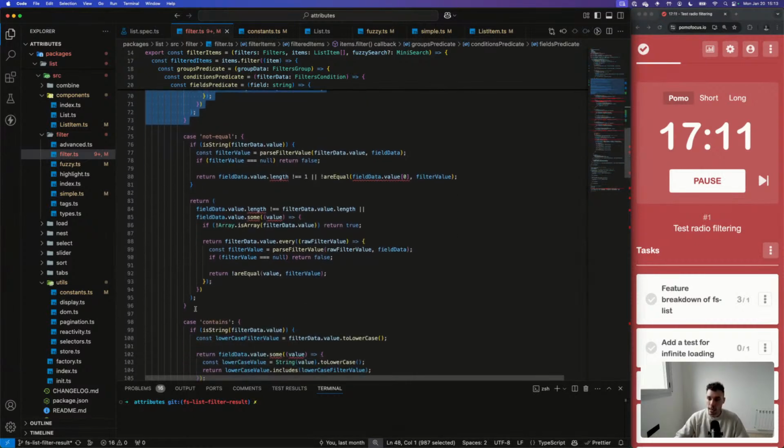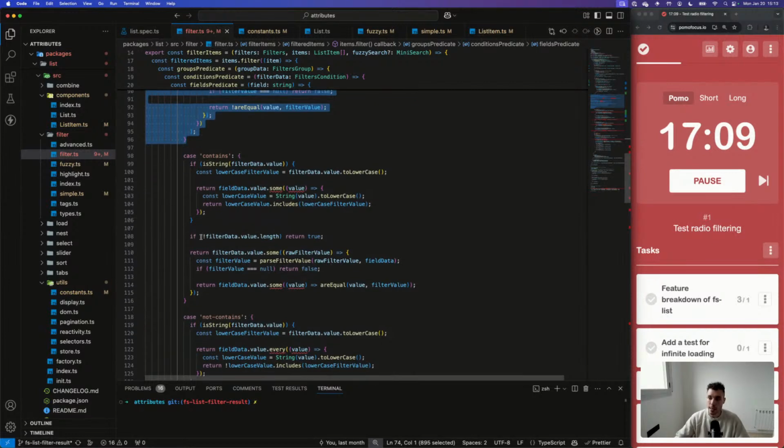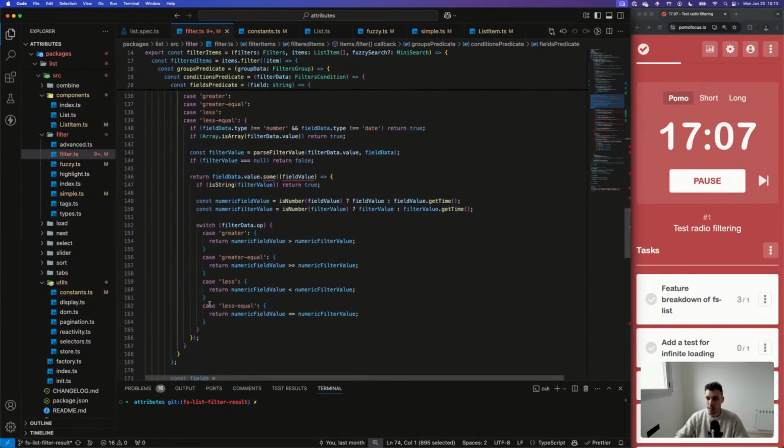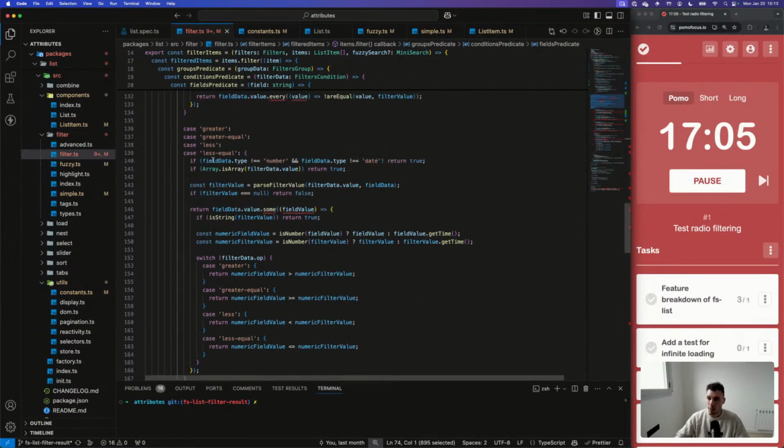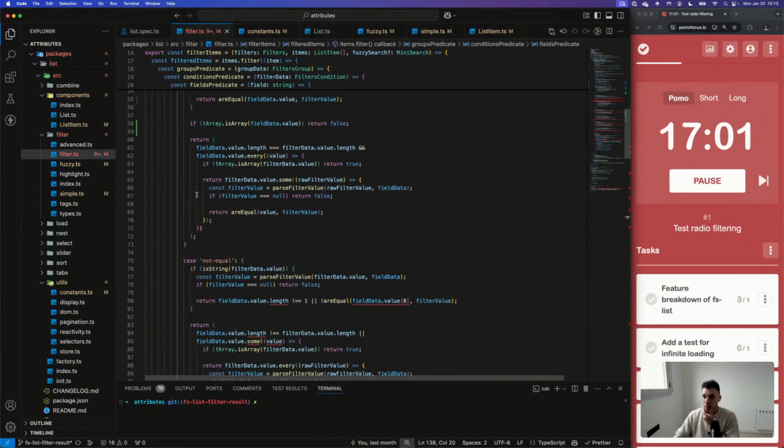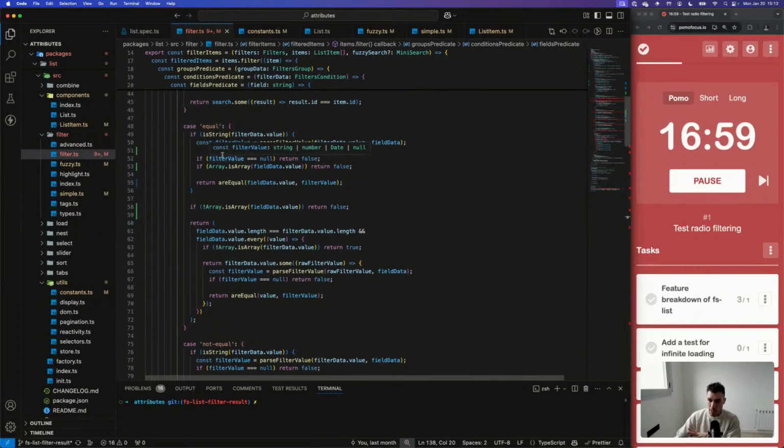So now it's time to do the not equal case, the contains case, the not contains case, all these cases for greater, greater equal, less, or less equal. Okay, so let's do this. Let me try to remember what we did in equal. So